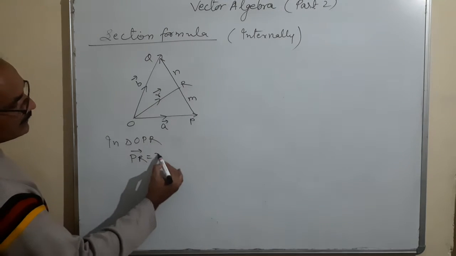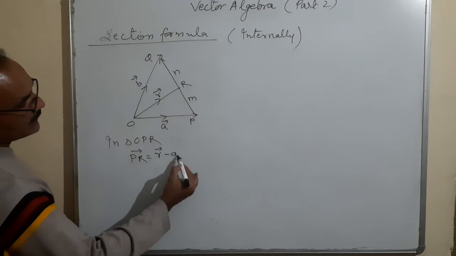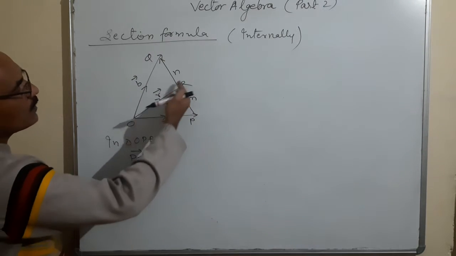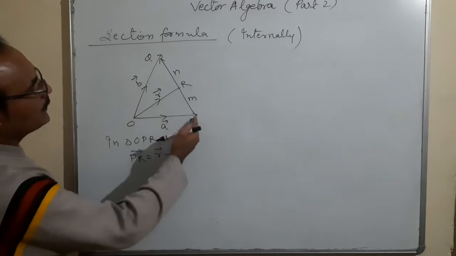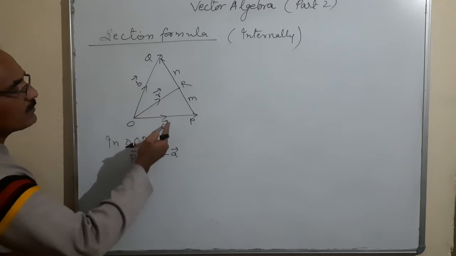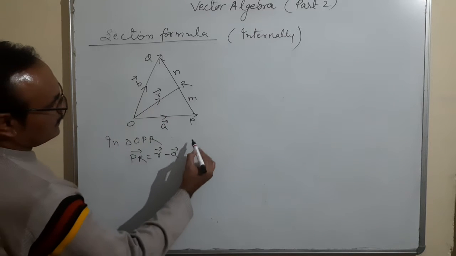PR is equal to vector R minus vector A. Triangle of vector addition, PR is equal to OR minus OP. PR, that means the position vector of R minus position vector of P. So vector R minus vector A. And